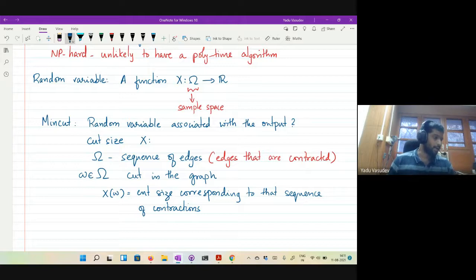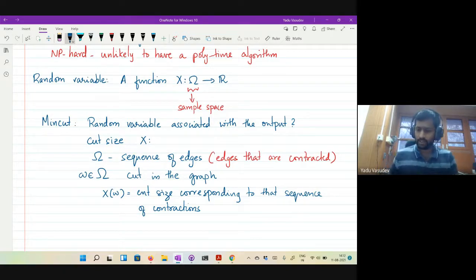All the answers that you gave are actually correct. It's the cut size that we are interested in. But typically when you want to study the cut size, that final random variable might be very hard to analyze, and we'll have to simplify it into smaller random variables which can be easily analyzed. All of your answers are partly correct, but if you want to look at just the output, that random variable is the cut size.